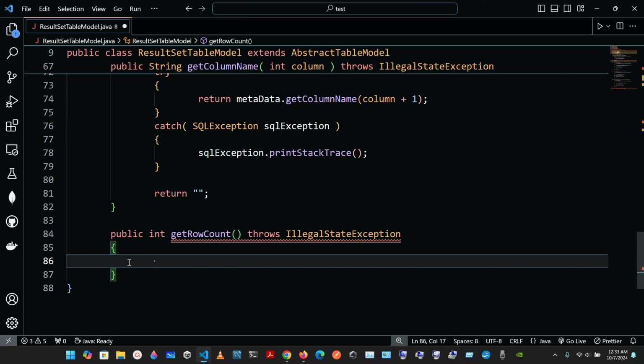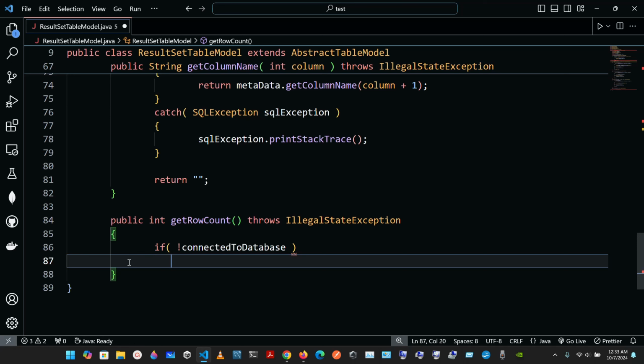So ensure database connection is available: if not connected to database, then we're gonna